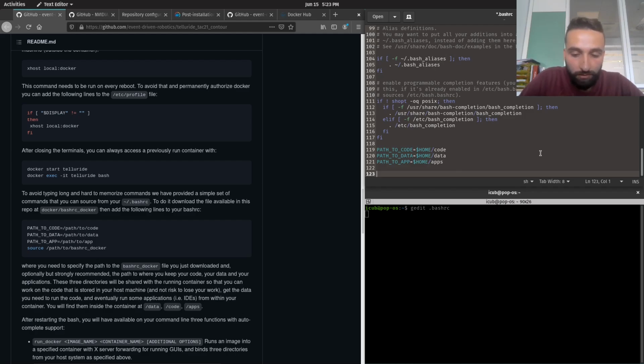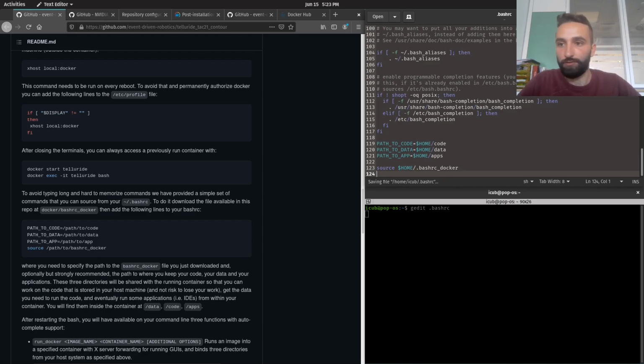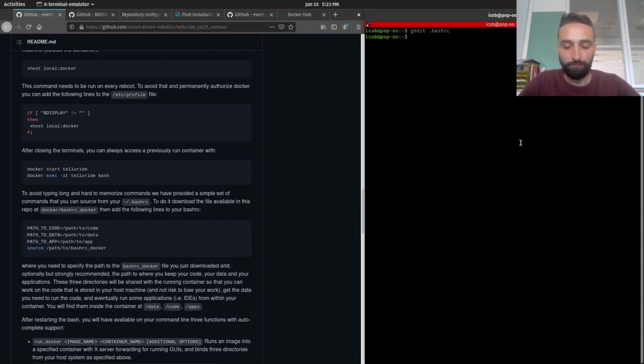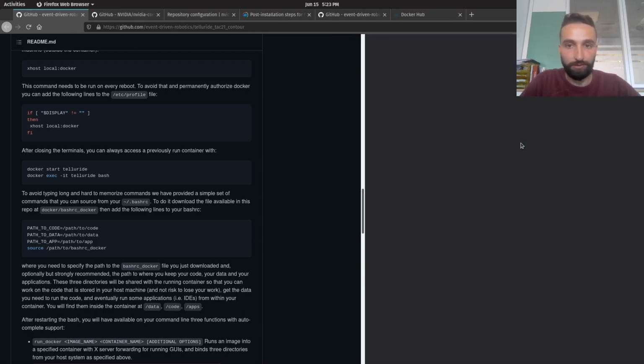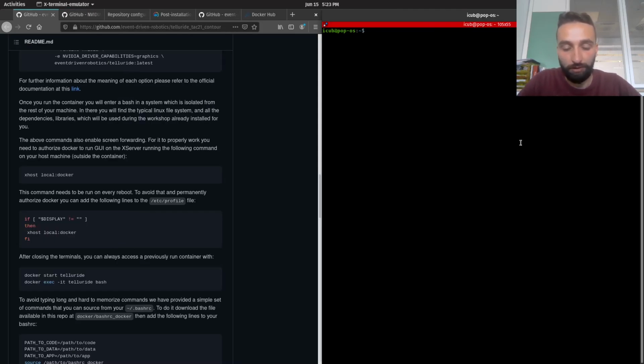And then we need to source again home /.bashrc Docker. Okay, so now we can save, and now we either start a new terminal,